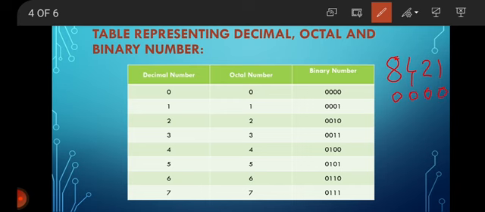For 1, the leftmost bit is 1 here. Therefore, only this is 1. Others will be 0. For 2, it will be this.